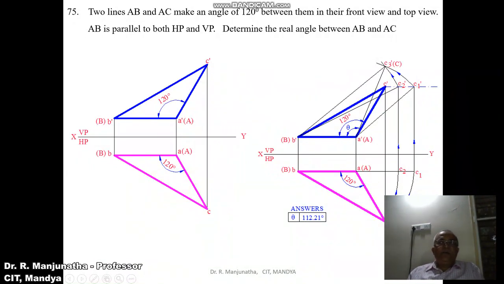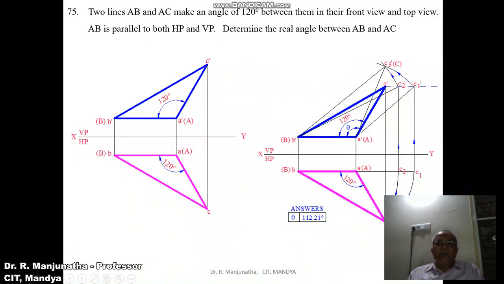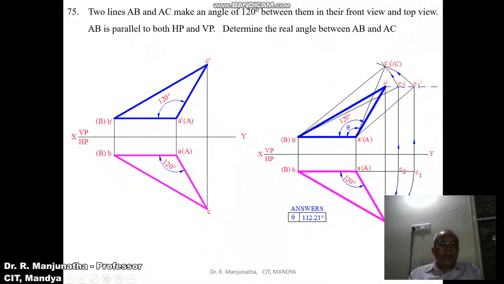So first we are going to draw the XY line and mark VP and HP. As no distance has been given, we can take whatever distance we want. For example, you can take 50 mm, 60 mm or 70 mm, depending upon the availability of space on the sheet wherein we want to draw the sketch. Also, he has not given any distances with respect to HP and VP, so you can consider any distance above HP and any distance with respect to VP.